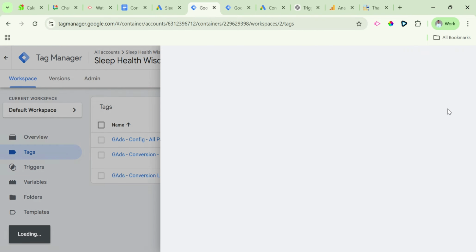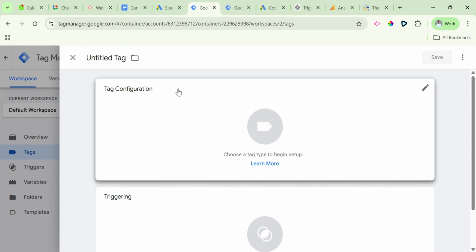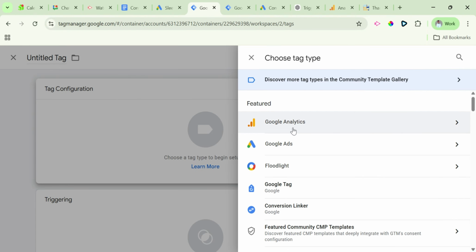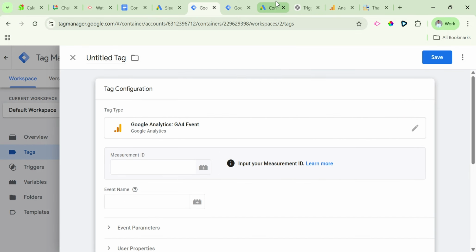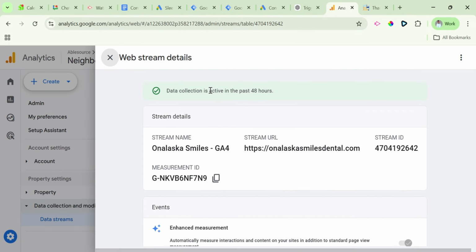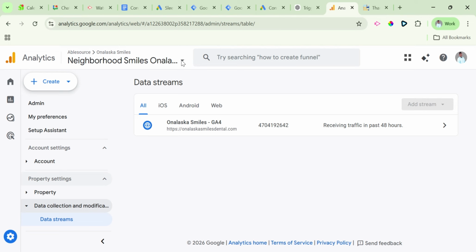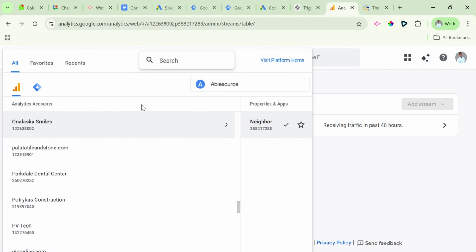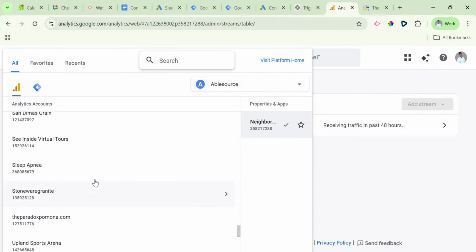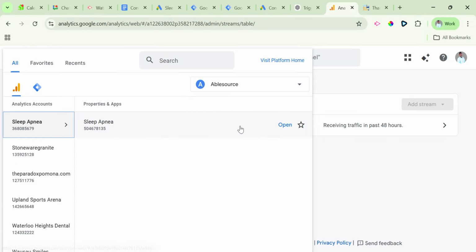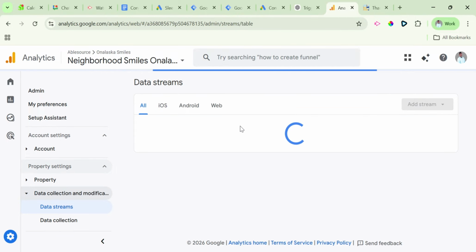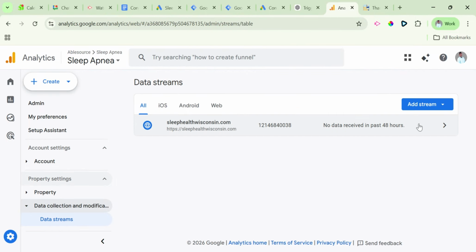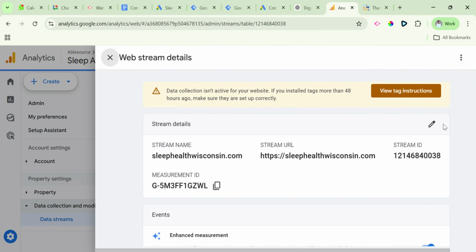And after that, we want to create a new one for Google Analytics. We also want to connect to Google Analytics. So Google Analytics GA4 event. First of all, we have to go and create an event in Google Analytics so that we can also be able to track it in Google Tag Manager. So we go to,